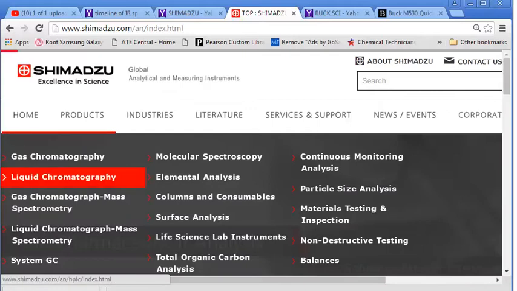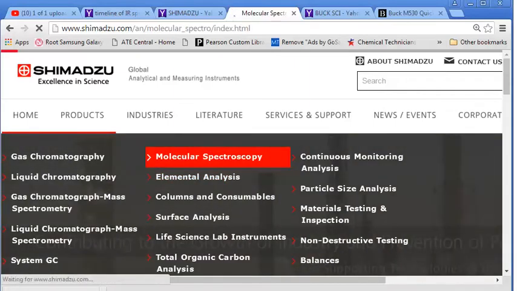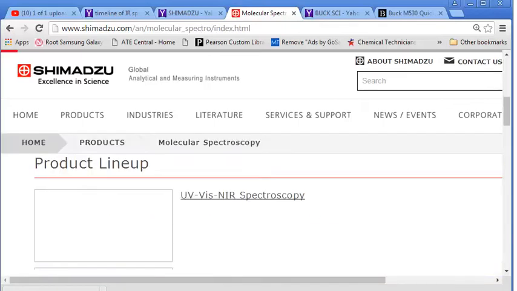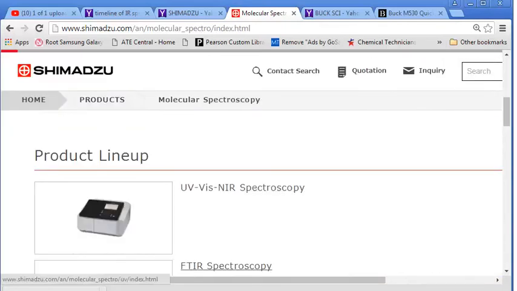And under the product tab, you will see a whole slew of different types of equipment that they sell. For us, we need to go into the spectroscopy field and not the chromatography field like you see over there. And under the spectroscopy field, you will begin to see their UV-Vis instruments that they sell,